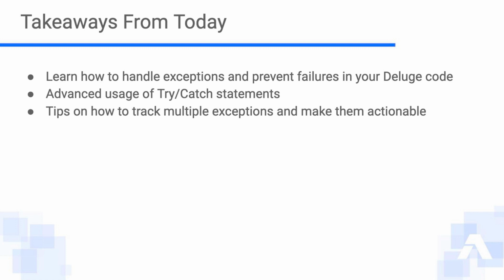Today, I really hope that you walk away with a little bit more knowledge about exception handling and preventing failures in your code. We'll go over a little bit of advanced usage. It's certainly not going to be 100% complete coverage of everything that you could do, but hopefully we're going to get through the basics and the next level of usage of try catch and exception handling. And then we'll talk about how to track multiple exceptions with an example,